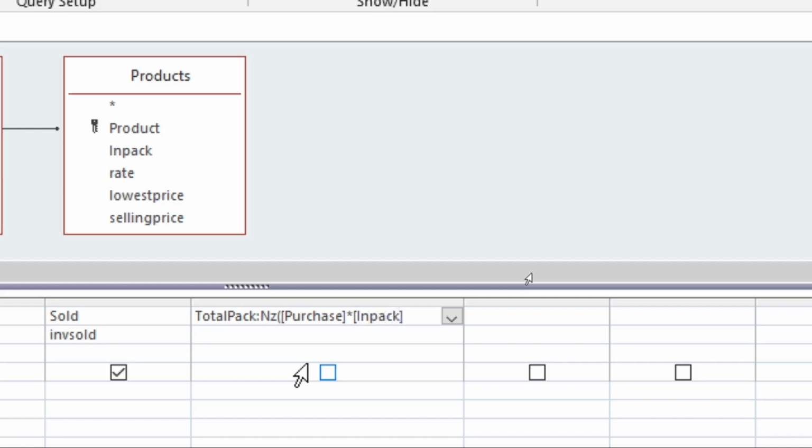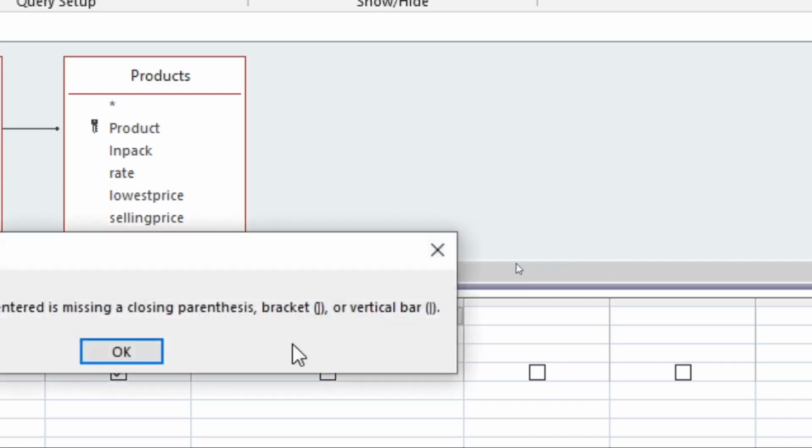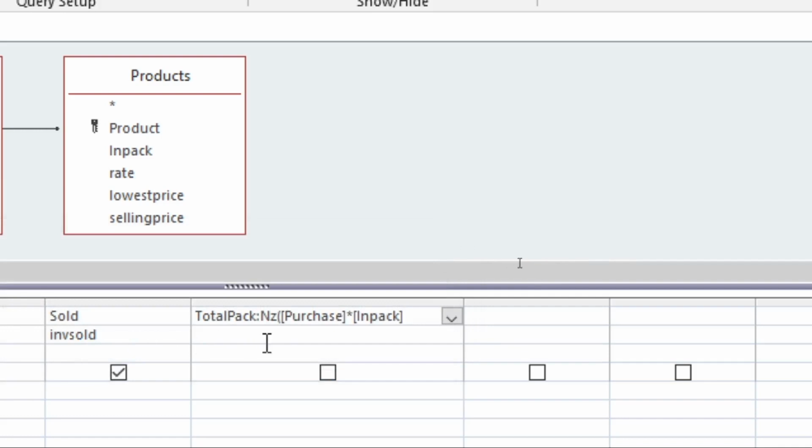In pack. Then we can have this one. We have to close this one. Then we have the next one, the next calculation here. The next calculation will be to get the remainders, the remainder RM, remainder. We shall have our function NZ,